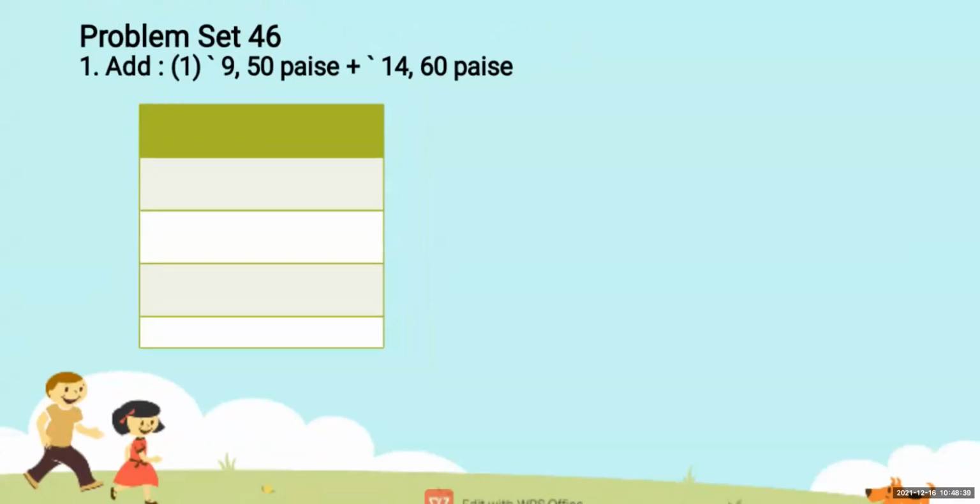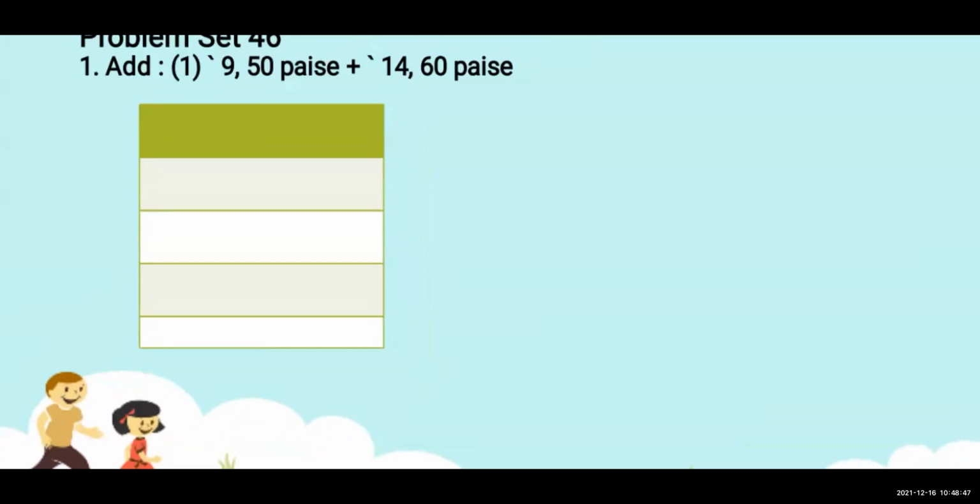So bifurcation will start with our rupees and paise. Here in the first column I'll write rupees, and in the second column I'll write paise, that is P. I have written the shortcut, P for paise and RS for rupees. Now leave one column because these are the steps where we will add and borrow. Whatever we borrow or carry, we will write above.